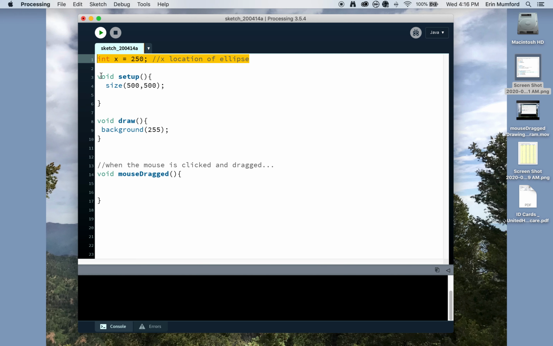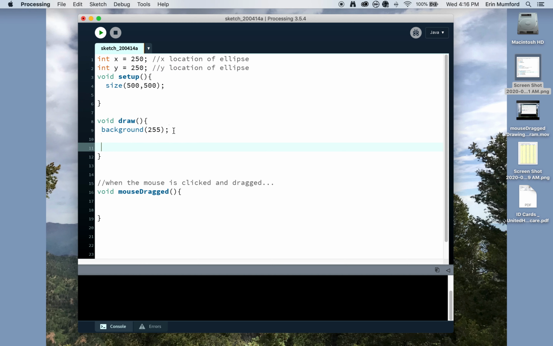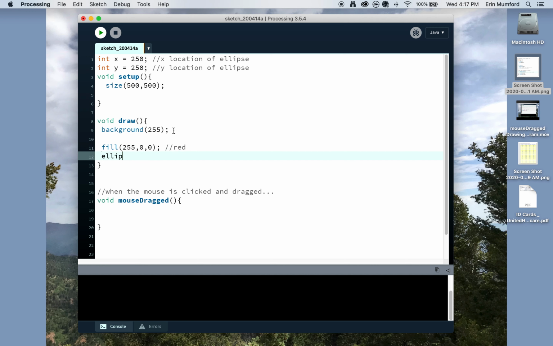To save time, copy, paste, I'll change this to the y location of the ellipse. And then I'm going to draw the ellipse on the screen. We'll fill it. We'll make it red. And I'm going to use x comma y as the location of my ellipse, and I'll make it 100 by 100. So now, the conditional statements I'm going to set up to check to see if the cursor is on top of the ellipse,